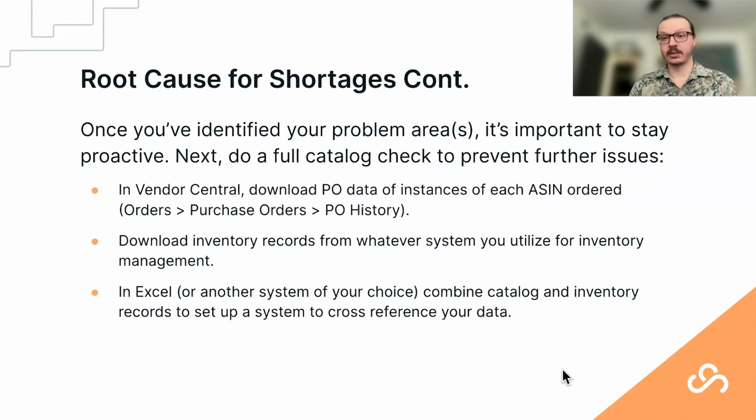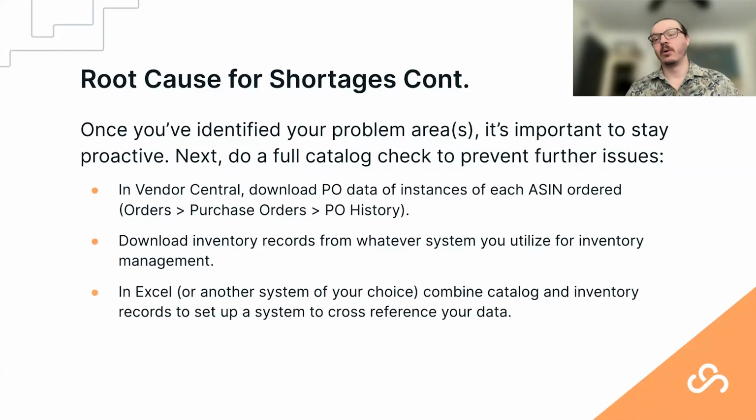So we're going to dig into this a little bit more and unpack this a little bit more. Once we've identified the problem areas, say it's recommended, we're saying it's important to be proactive. And there's a couple of other places that we can look to be proactive in our research to understand where there's other issues. And as we mentioned, what is ordered, what you confirm and ship, and what Amazon receives needs